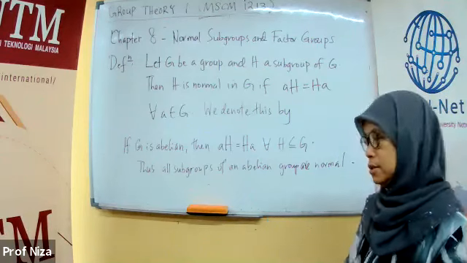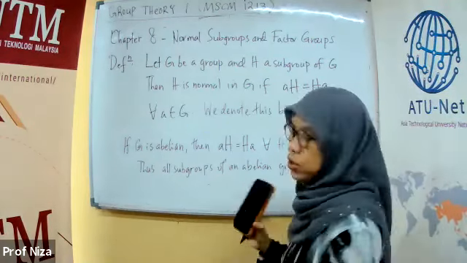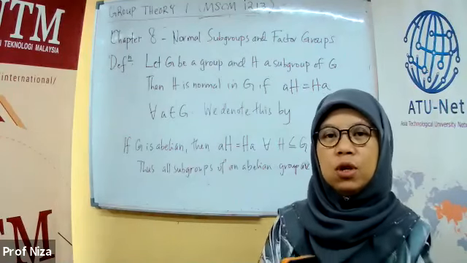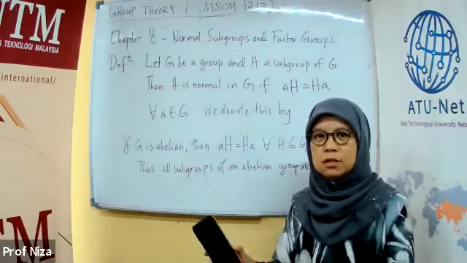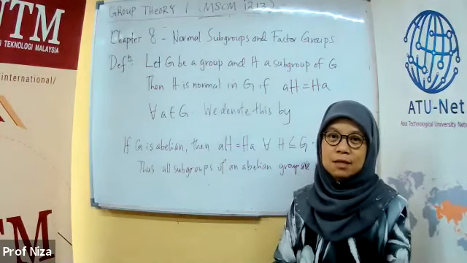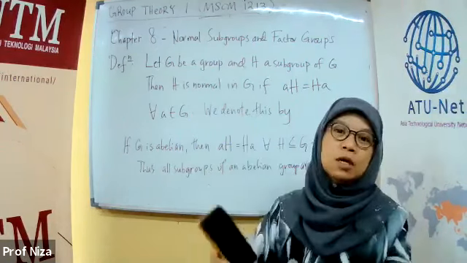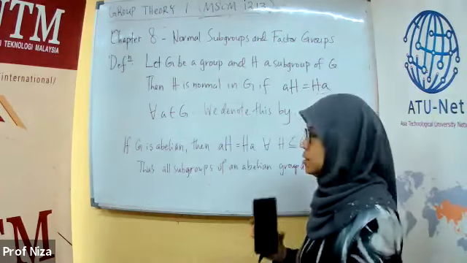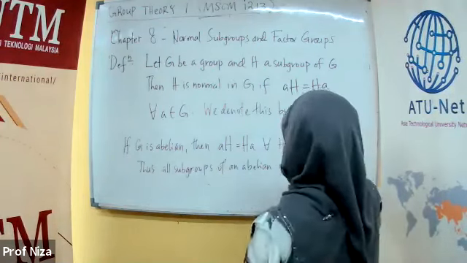Normal subgroup test. Okay. If you don't have this normal subgroup test, you imagine you have to list all left cosets and all right cosets. There might be many. But to show that a subgroup is normal, you can also use this normal subgroup test. Okay,